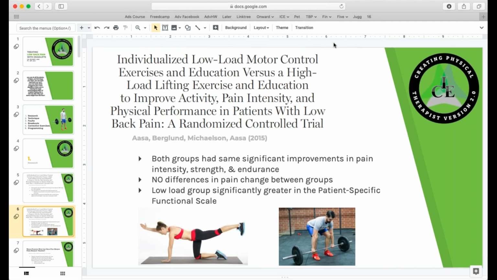Number one, why not do deadlifts and interventions that specifically target that individual's pain and throw in some manual therapy? Wouldn't that be the best of all worlds? So that's one way to look at it. The second way to look at it is neither one of these groups had better improvements in their pain than